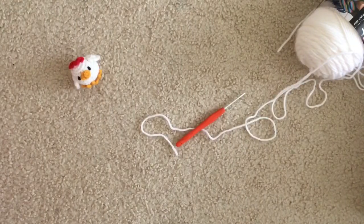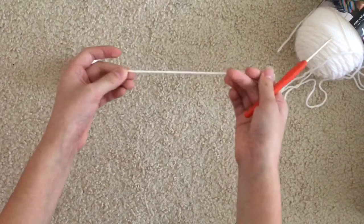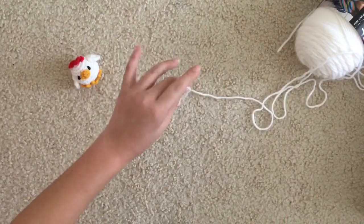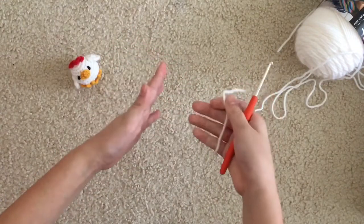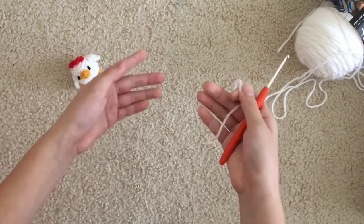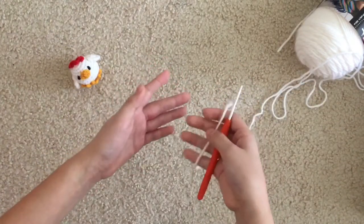Okay, so we're going to be starting with making the little body, and we're going to be using our white yarn, brown yarn, or whatever color you want for your chicken, and we're just going to make a magic circle or magic ring or magic loop, or you can do a chain 2 method, but I'm not going to go into really detailed instructions. But if you want a more detailed video on how to crochet, then you can check out how to crochet a cute tomato, because it's more detailed than